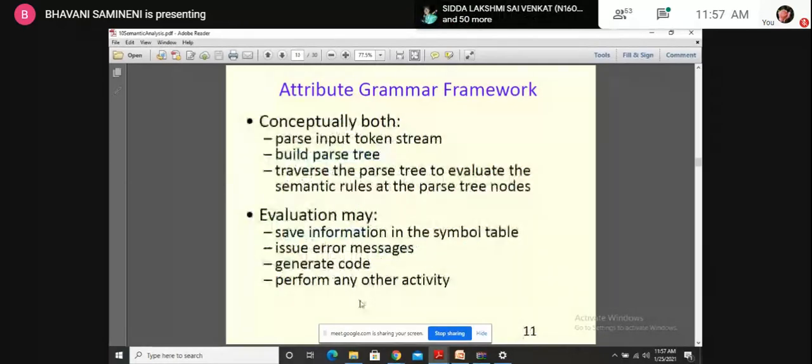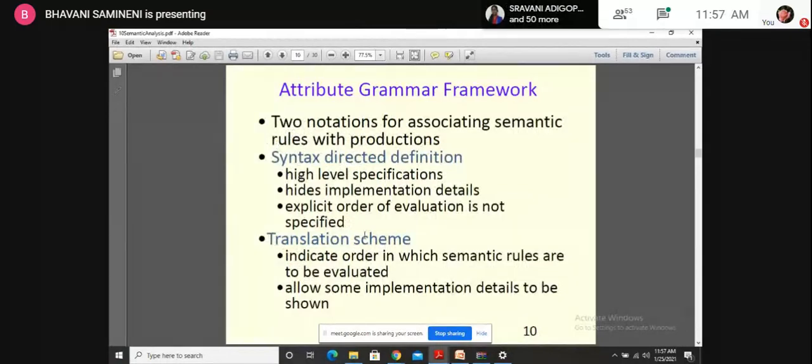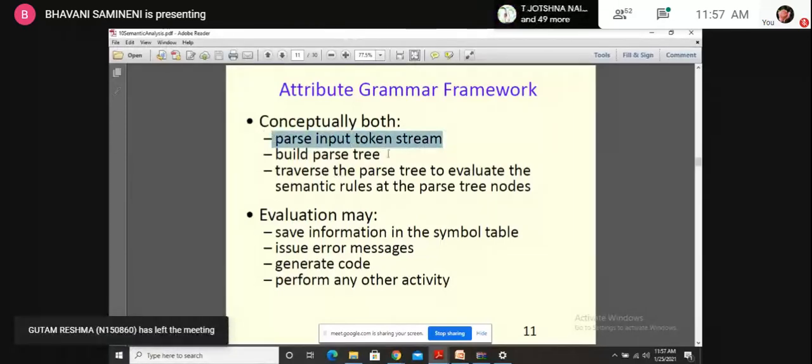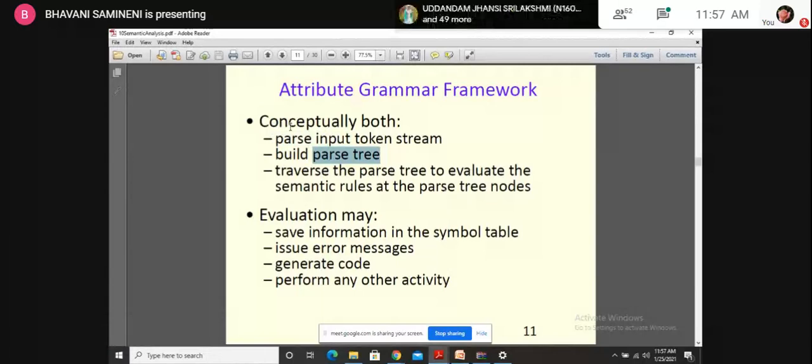And next one, if you take this syntax directed definition and the translation scheme, based on these two, the concept is that conceptually, it will parse the input token stream, build the parse tree, and traverse the parse tree to evaluate the semantic rules at the parse tree nodes. So the first one, parsing the input token stream, is done during the lexical analysis.